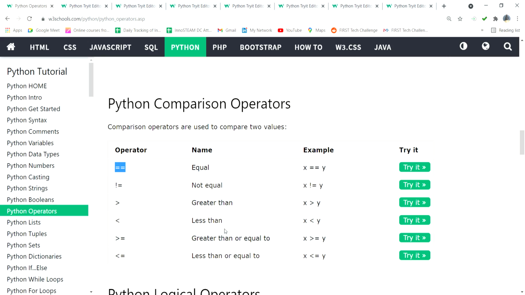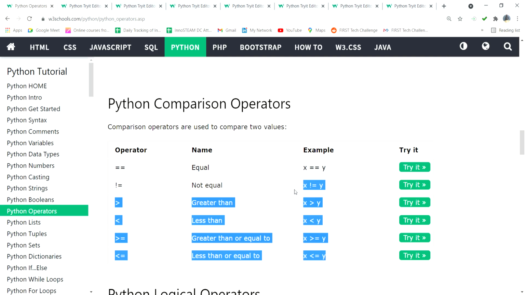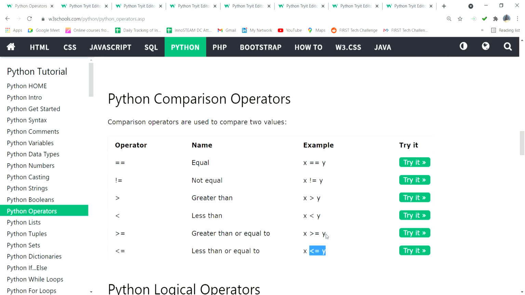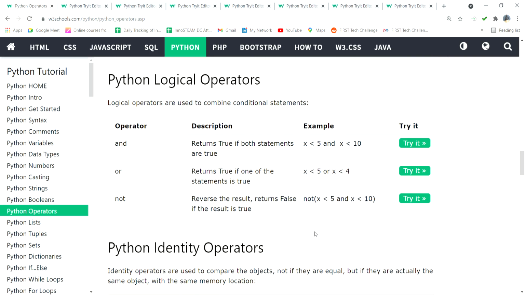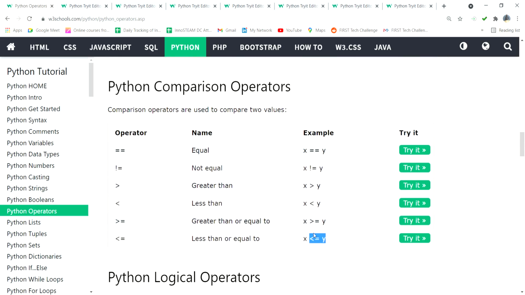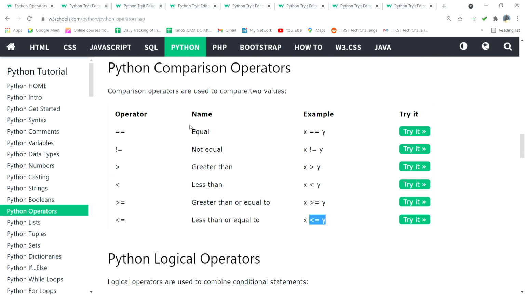So less than, greater than, less than or equal to, greater than or equal to, you can understand easily. This is very easy for you. Comparison is easy, no? If you have any doubt now, please ask, no problem. Equal to equal, not equal, greater than, less than or equal, greater than or equal, that much only.